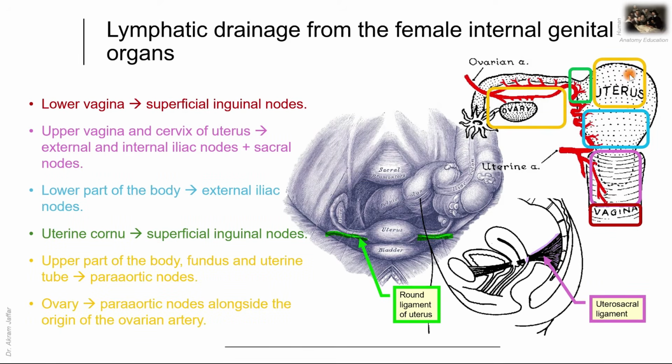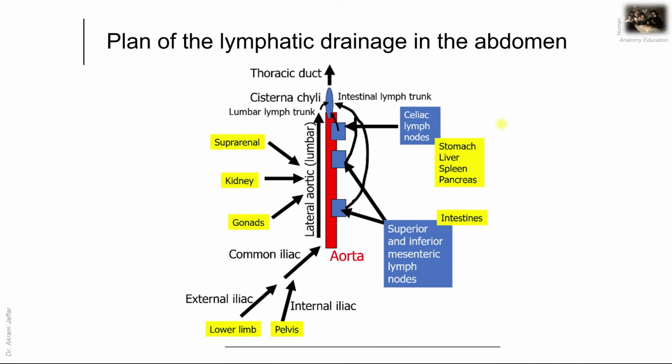And then the upper part of the body and the fundus of the uterus, as well as the uterine tube, they drain to the para-aortic nodes, lumbar nodes directly. And then the ovary, as a gonad, which has descended down from the abdomen. The lymphatics would go to the para-aortic nodes that are located alongside the origin of the ovarian artery at the level of L2 vertebra. Now, this is to give you a general idea of the plan of the lymphatic drainage